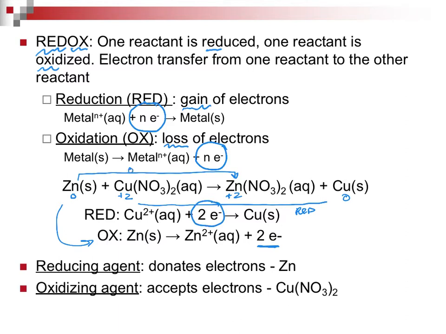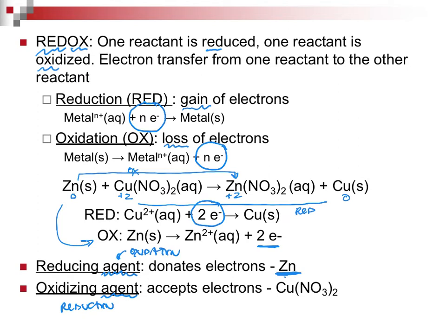Where we're adding the two electrons. So that in a nutshell is a redox reaction. Now, two other things to notice. There is something called a reducing agent, and the agent actually undergoes oxidation. What undergoes oxidation in this example? Zinc. The oxidizing agent, it undergoes reduction.